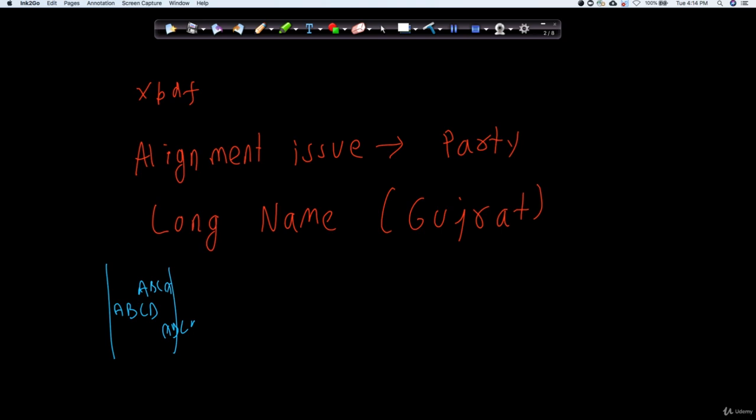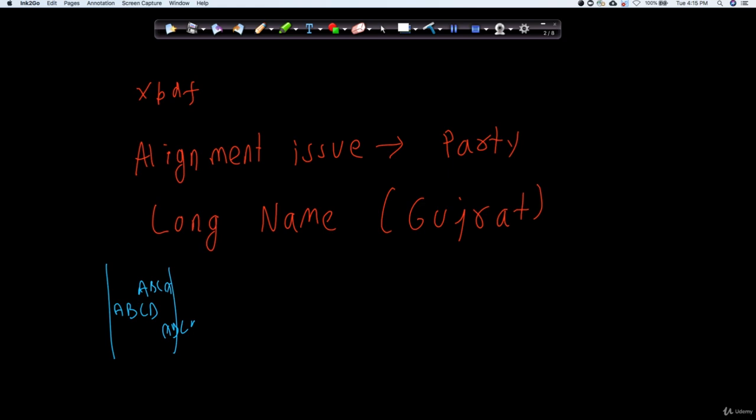The second issue that could happen is, like, we have seen the candidates' names. This is a real problem which I have seen while trying to solve that election website data. I noticed that some of the Gujarati candidates' names were pretty huge. In fact, they were going to a second line, so it was a pretty huge name. And even the alias they used for their name was sometimes very big.